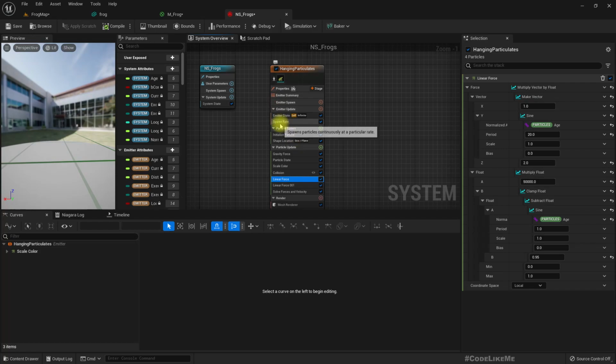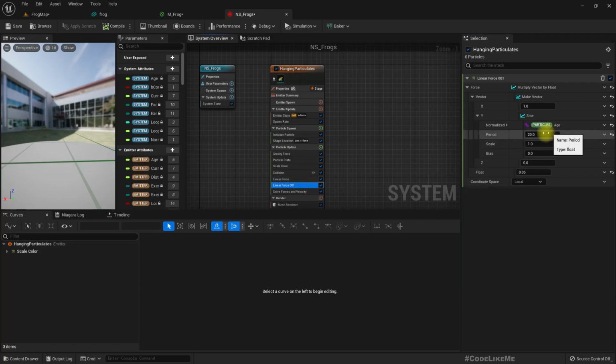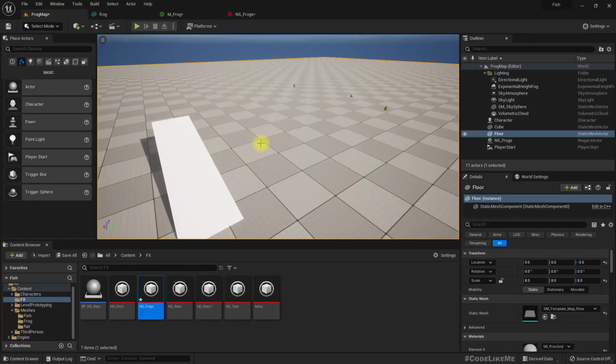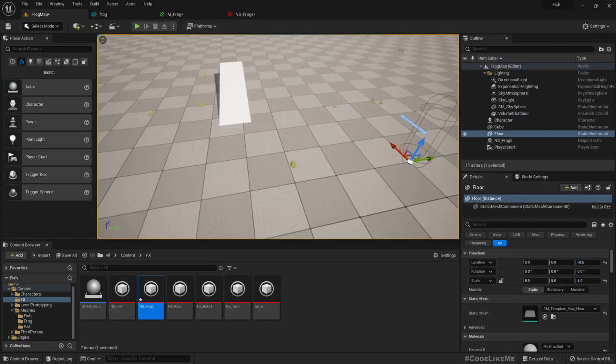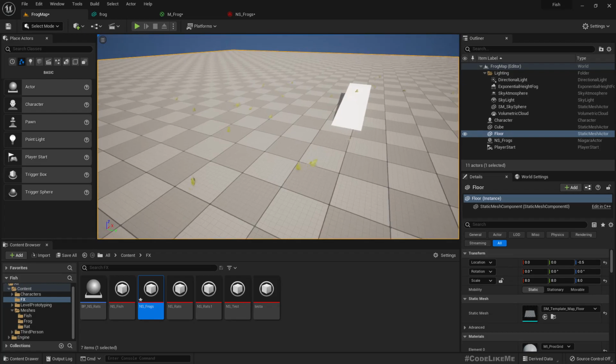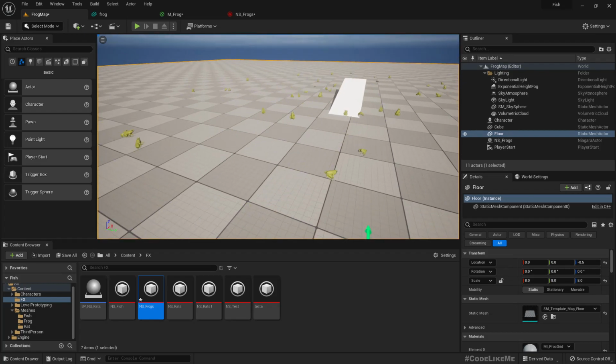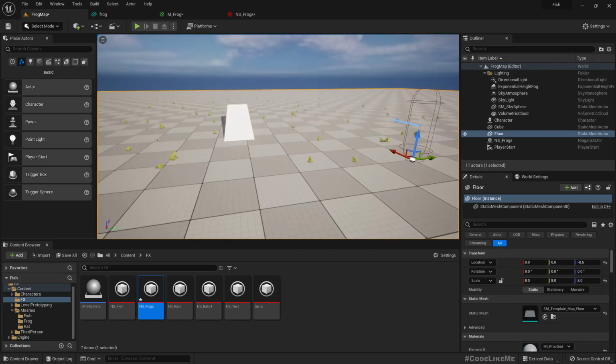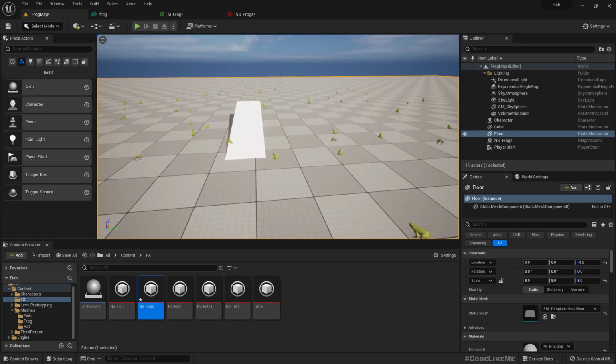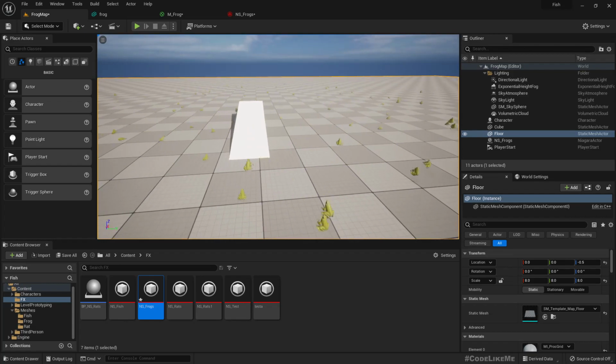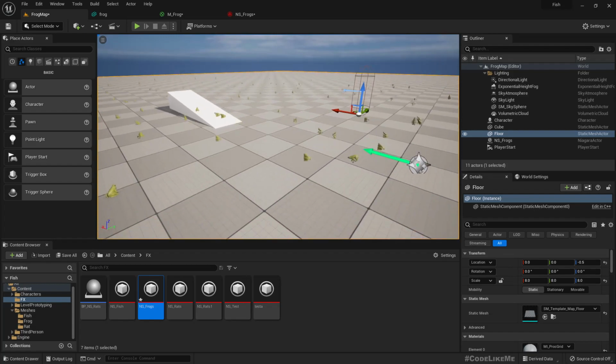So that's the issue here. So if I make this 10 in both cases, it should be fine. Yeah, now they are jumping in all the directions. Great. So the next thing is